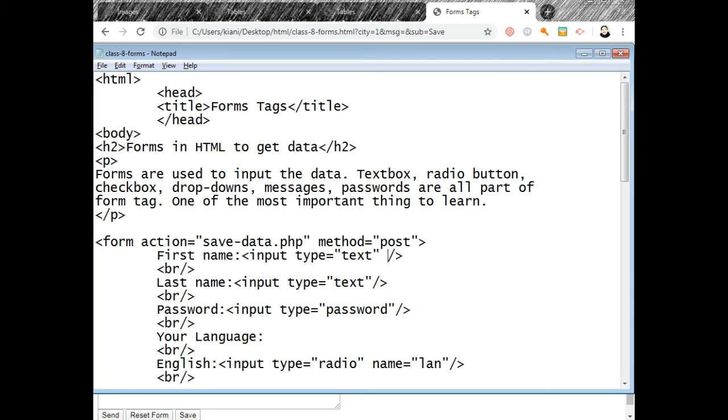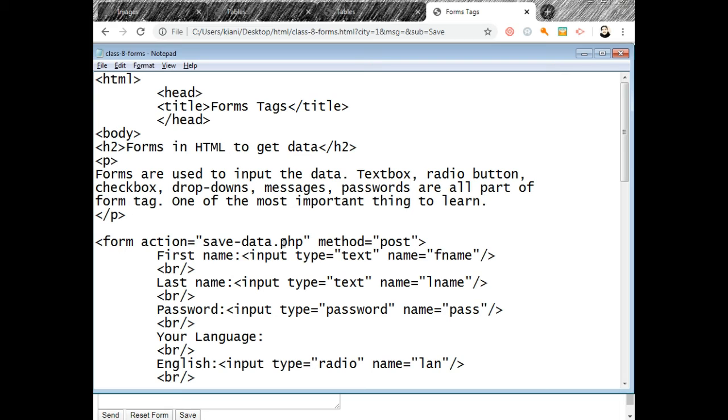Now you see, we can write name is equal to first name, F name here. We can write the name of this input box, name is equal to last name, L name. We can put the name of this as password.